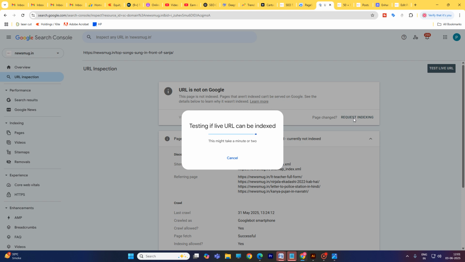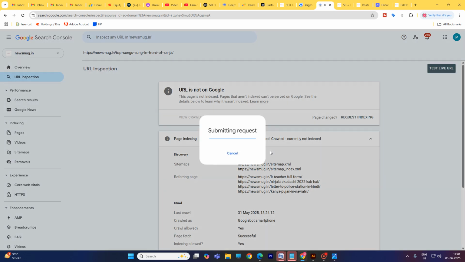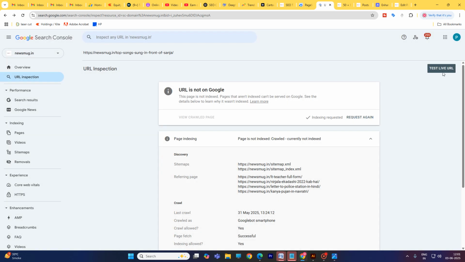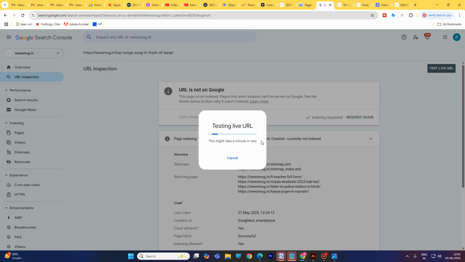Also, one by one you can edit your URL to noindex, and after that index again. Then test live URL, and within 5 to 10 minutes your URL will be shown in Google.